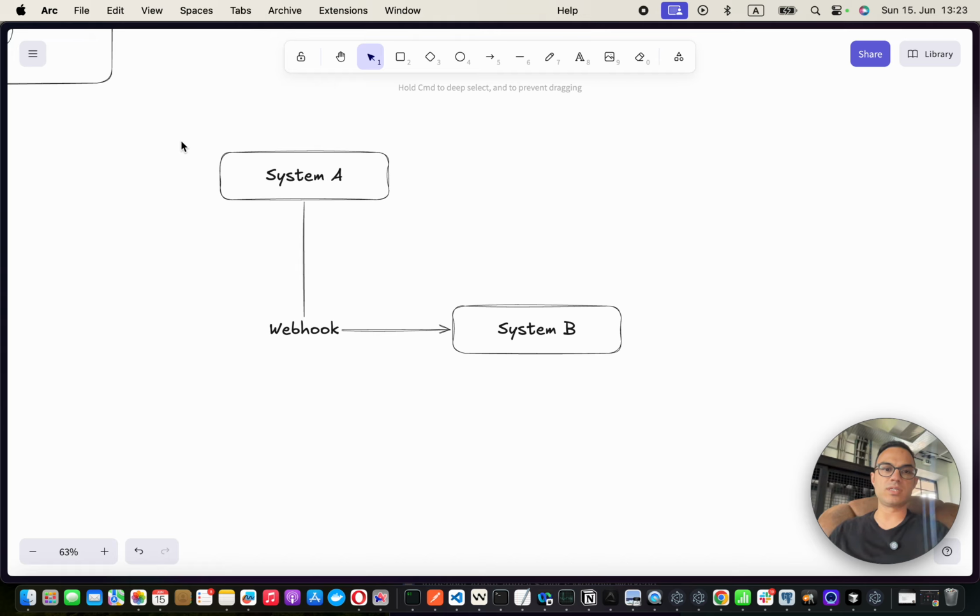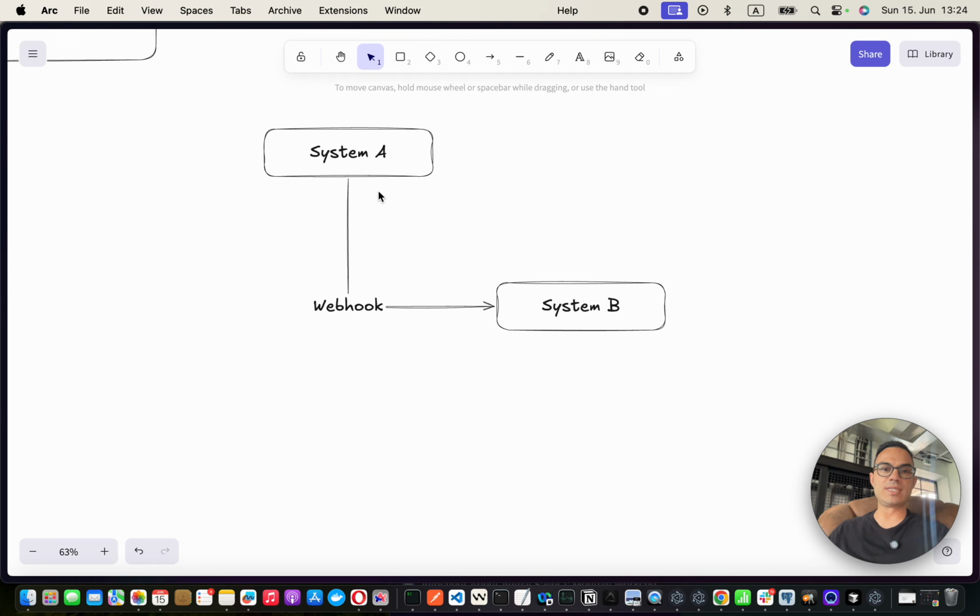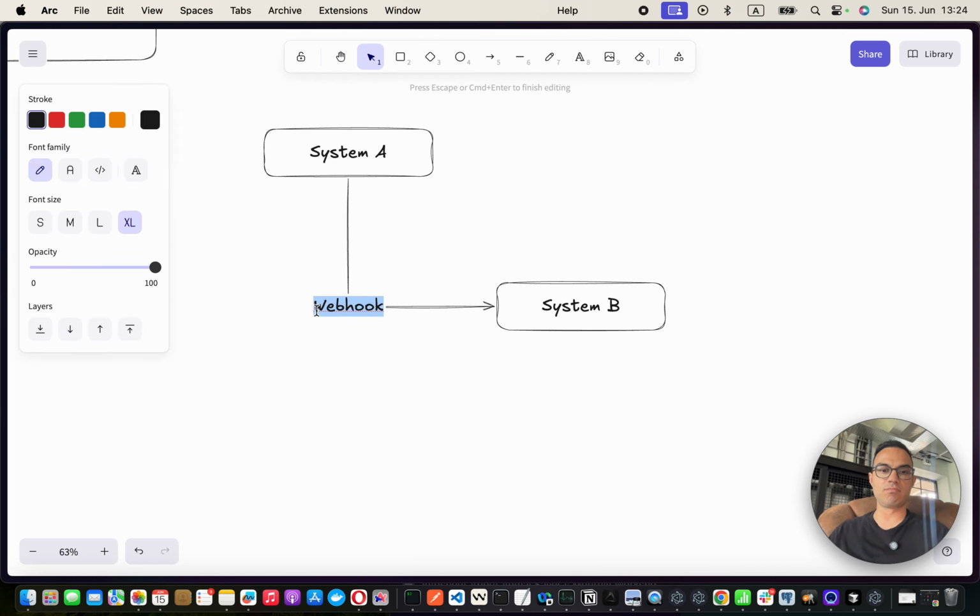And what's that circumstance in our case? It's the intention of the user. When I say, can you search the internet? Can you find what is happening in Berlin? Can you search which swimming pools are open in Berlin, and so on and so forth. So that hook, that webhook from system A, will call system B, but it's API. Basically, it's the API. And once that request happens, this is basically an HTTP request,